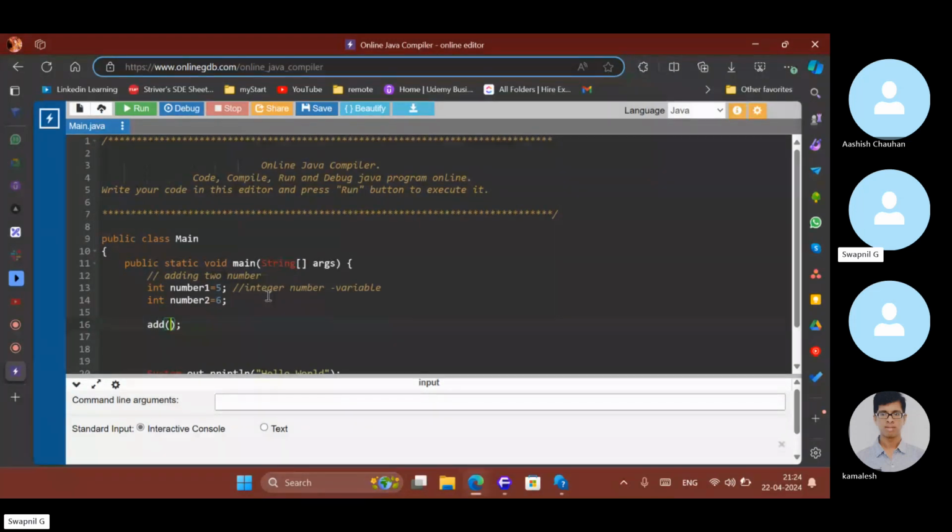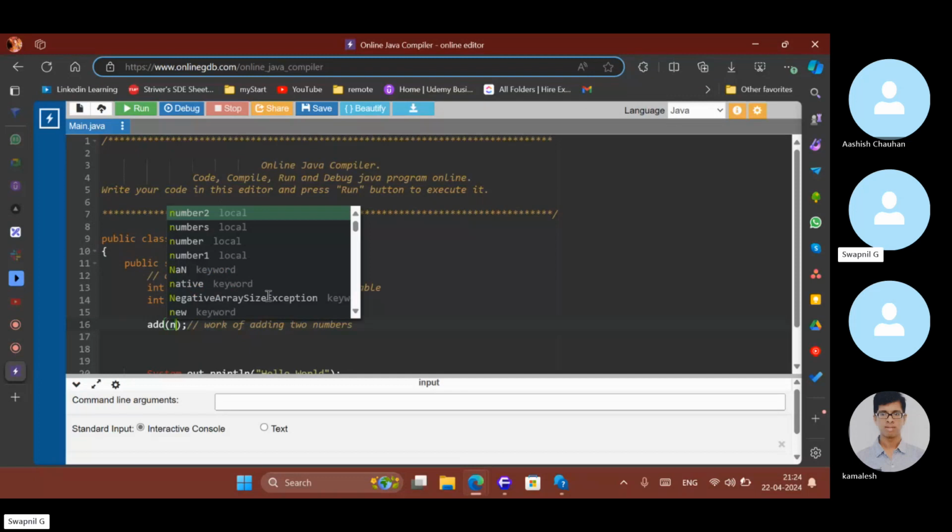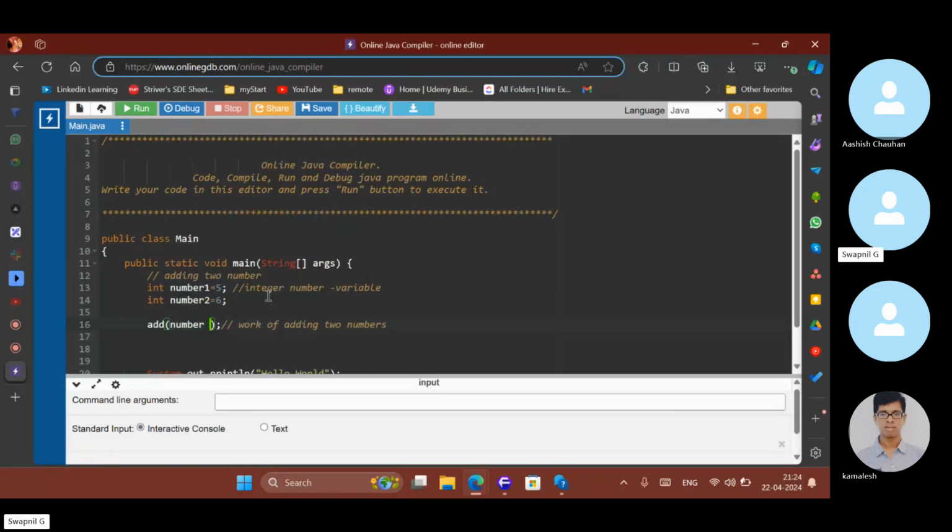What work is it doing? It is adding two numbers. Is it clear to everyone? And what are you adding over here? You are adding number one and number two.